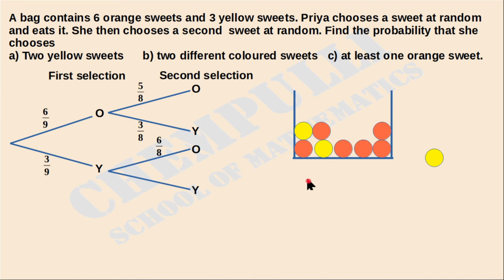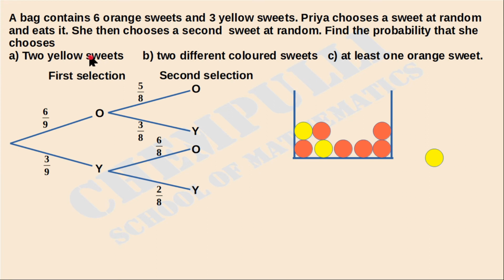Then what is the probability of getting yellow seeds? Total how many yellow seeds are there? 2 yellow seeds are there. Then the probability of getting yellow seeds is equal to 2 over 8. Okay, now which part did we complete? That is the tree diagram part we completed now. Okay, now we can do these questions one by one.